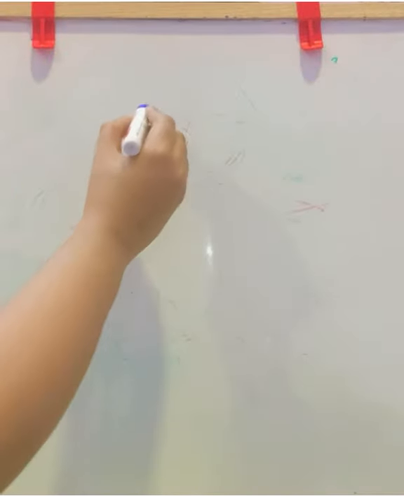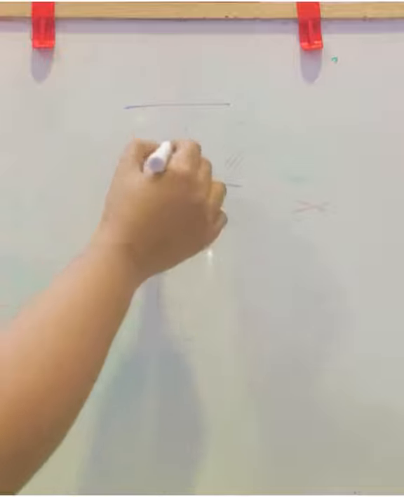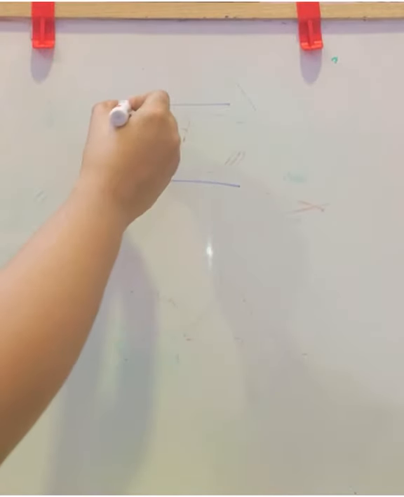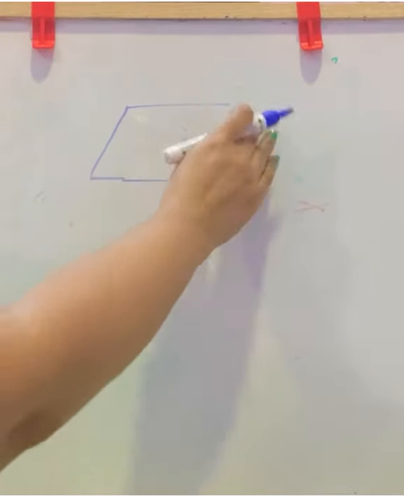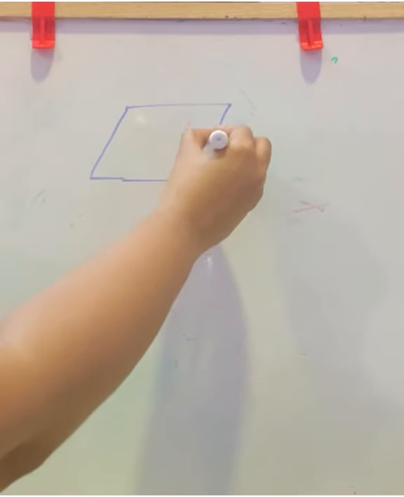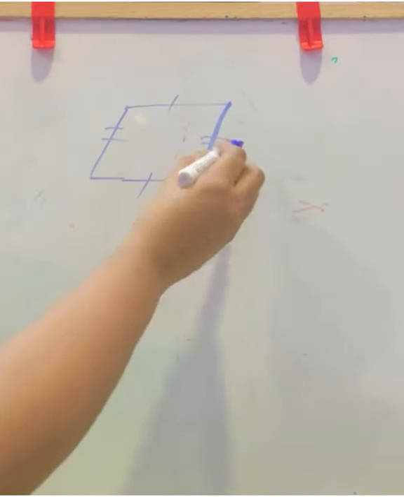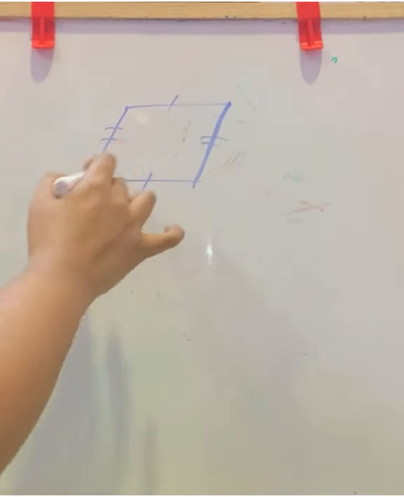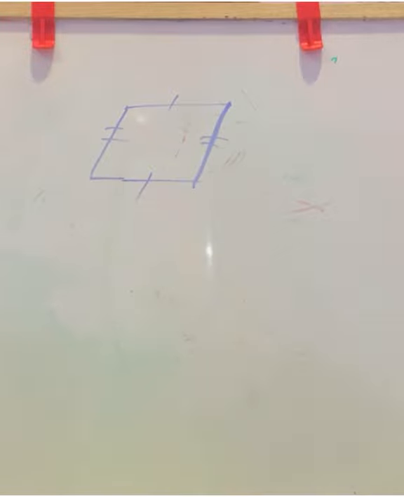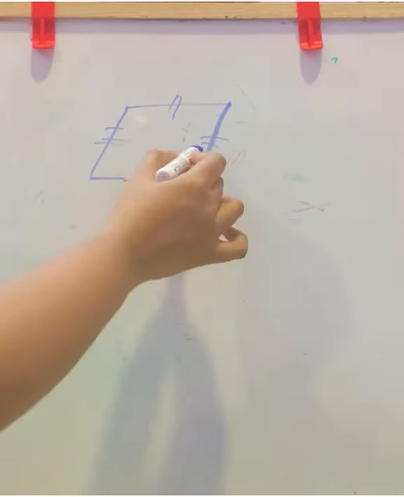Next is parallelogram. A parallelogram is a quadrilateral and as the name suggests, it has something to do with the parallel lines. That is, we know trapezium has one single pair which are parallel. Now we are talking about the figure having two pairs which are parallel. That is, this pair and this pair are parallel. Also, their opposite sides length will be equal. This length is equal to this length. This length is equal to this length.